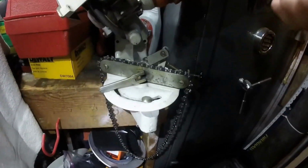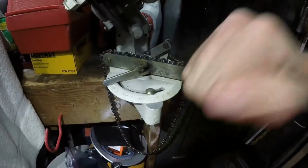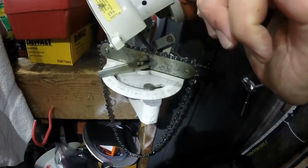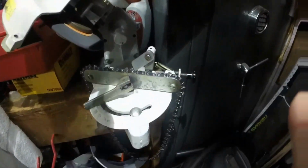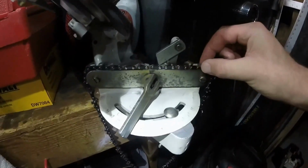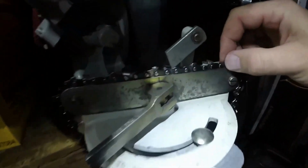And conversely, if too many sparks are coming off, I can push it away from the tooth and get a little relief on there. There's not a lot, but you can see it's down here, it's not touching. I'll pull it a little bit and it'll get a little bit more. So you can cheat a little bit by doing that and get some super fine adjustments in it, but we're going to skip. As you know, chains have opposite teeth,